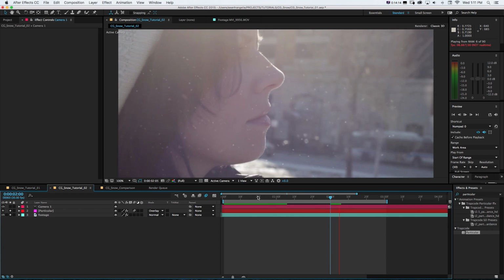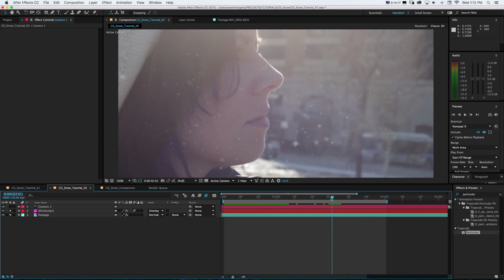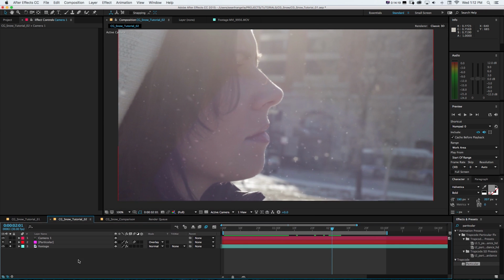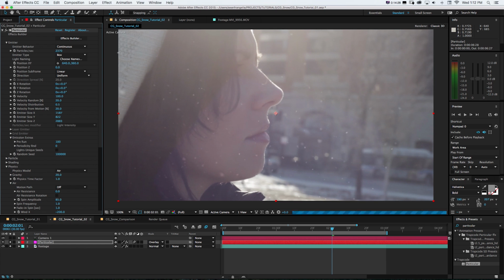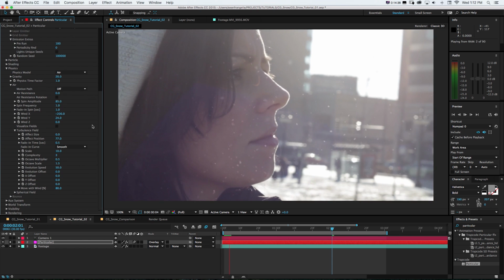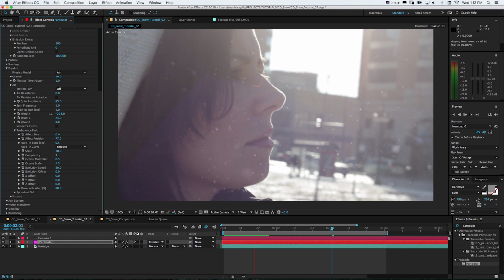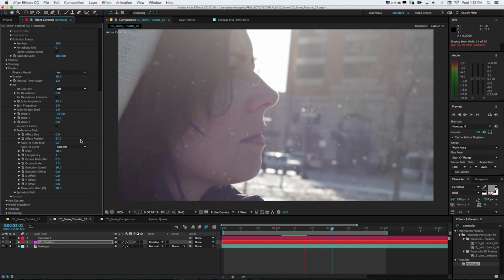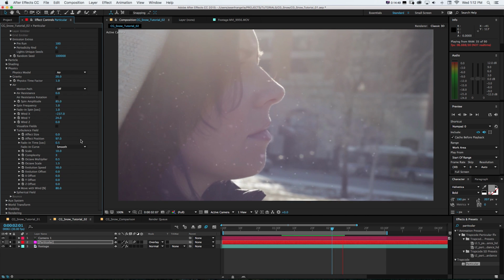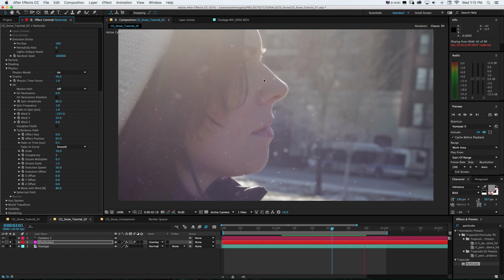Now, we could really keep tweaking this and really make it feel realistic with a lot of these settings. If we go to Particular, we could turn down our particles if we just want a little bit of misting snow. We could turn it way up if we really want it to be a crazy snowstorm, and then it's going to start to look a little fake, but you can get the idea. And you can keep letting the RAM preview run, and maybe we add in more wind and more turbulence to have it move around, and really overlay this on top of the footage and try to integrate it into our